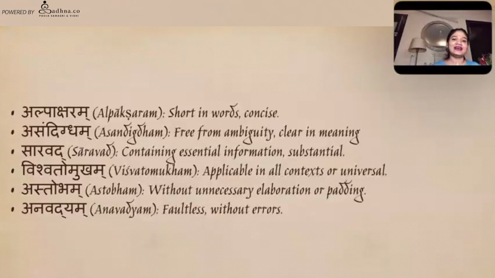So it is very clear. It should not be sandigdham. The sutra should not have doubt. It should be free from any doubt. It should have clear meaning. Otherwise, today we would be discussing that even talking can be yoga. If Patanjali hadn't used the word nirodha, some of us could have actually proved that even talking is part of yoga. Now we cannot, because Patanjali has clearly mentioned that it is when your vritti is completely nirodha,